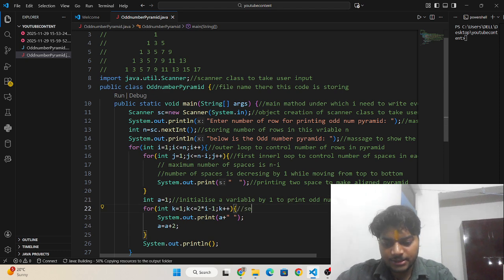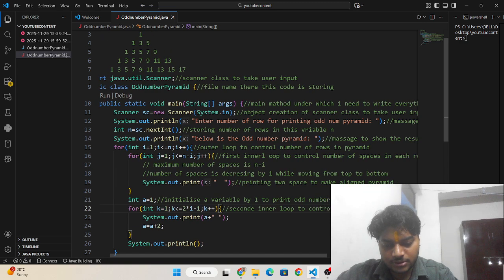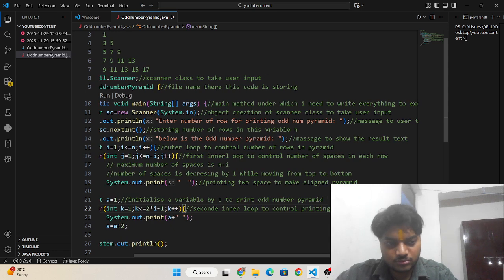This is the second inner loop to control the printing of numbers in each row.